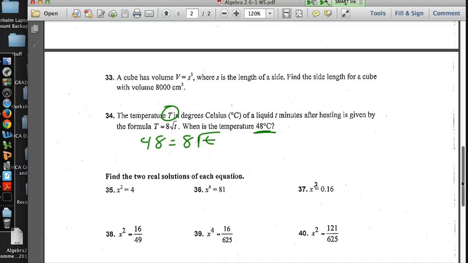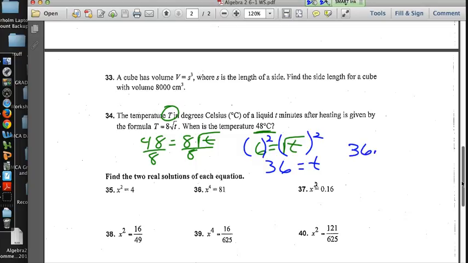Then what we would do is we would go ahead and divide both sides by 8, and 6 equals the square root of t. And then to get rid of the square root, you have to square both sides. And we will get 36 for t, and it said that t, lowercase t, stood for minutes. So 36 minutes is what we're looking at for number 34. It's a matter of figuring out whether or not you should use the capital T or the lowercase t. So you go back to the problem and use the given information to figure out where things should go. Then,